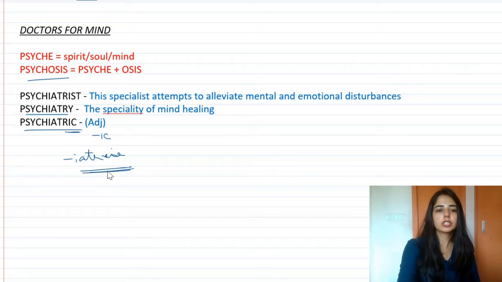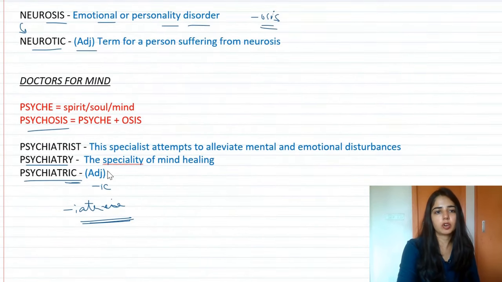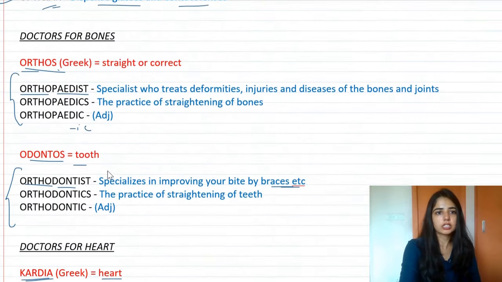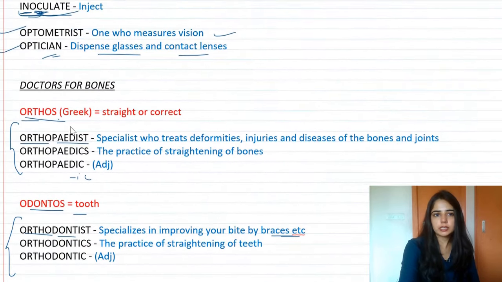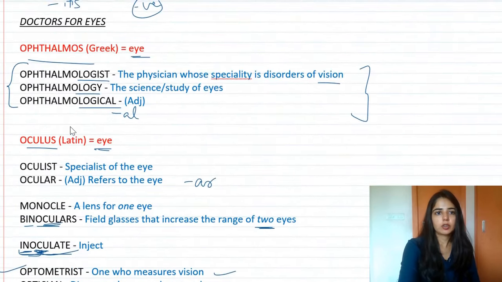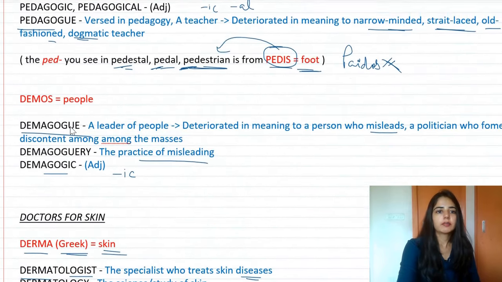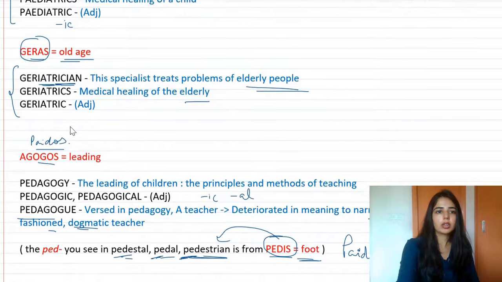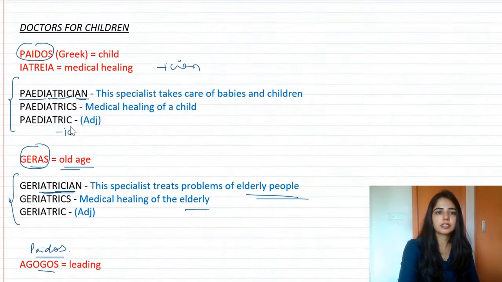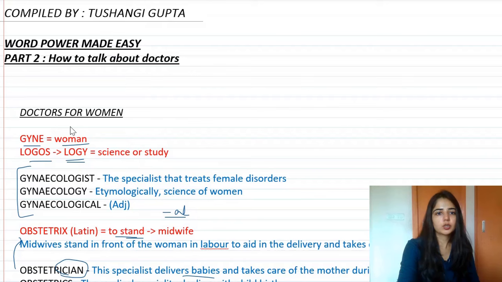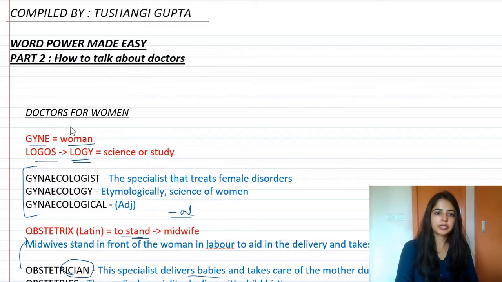Okay, so this was the session for today. We read about doctors for mind, for nervous system, neurologist, heart, cardiologist, orthodontist, orthopedist, optometrist, ophthalmologist and dermatologist. We read about demagogue, pedagogue and geriatrician, pediatrician, obstetrician, gynecologist. So many specialities and specialists we read about today,